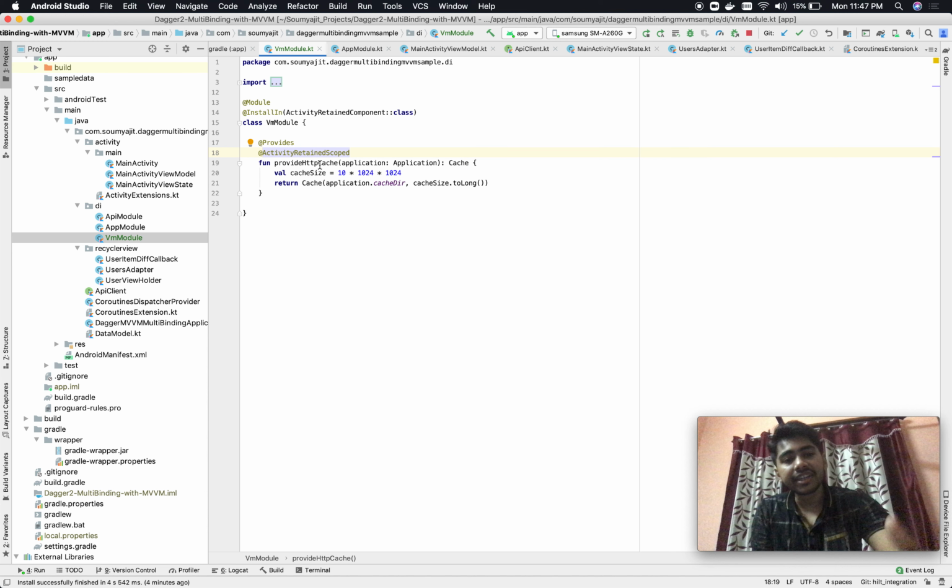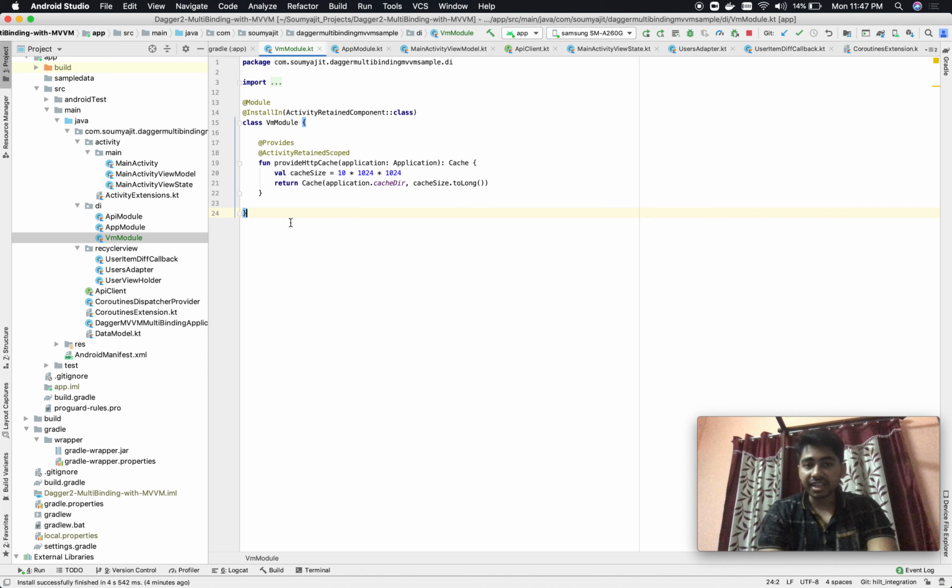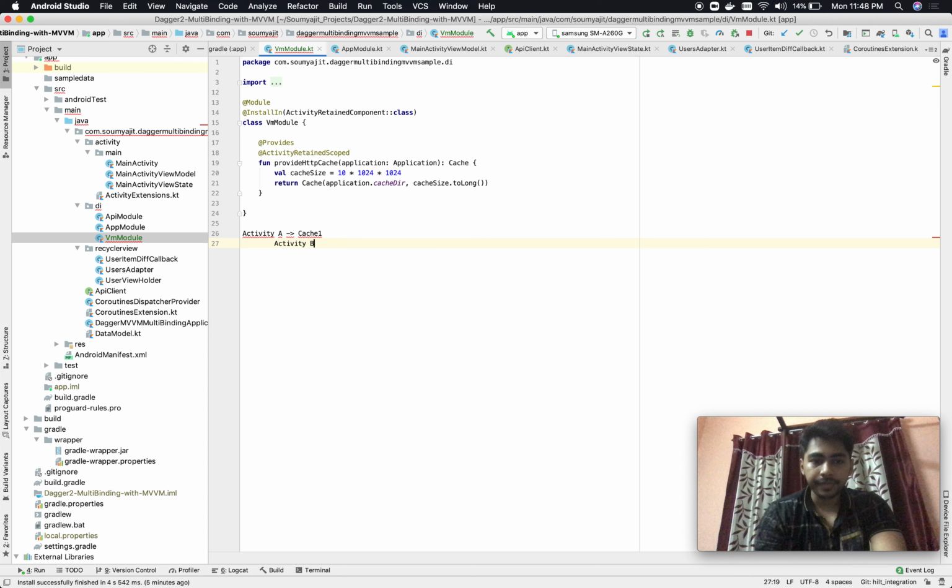But when I say activity retained scope, or let's suppose I am defining a scope which is activity scope, that means, let's say there is one cache that came out from this function that is getting used in activity A. Now whenever activity B requires another set of cache, they will also get it from this method, but in that case it may be cache 2. So activity A uses cache 1